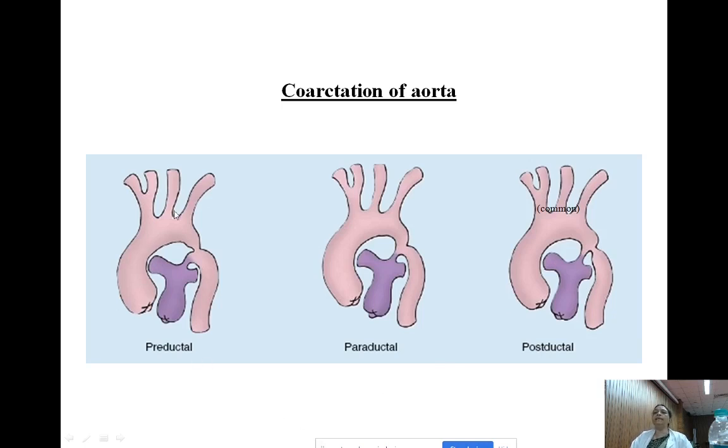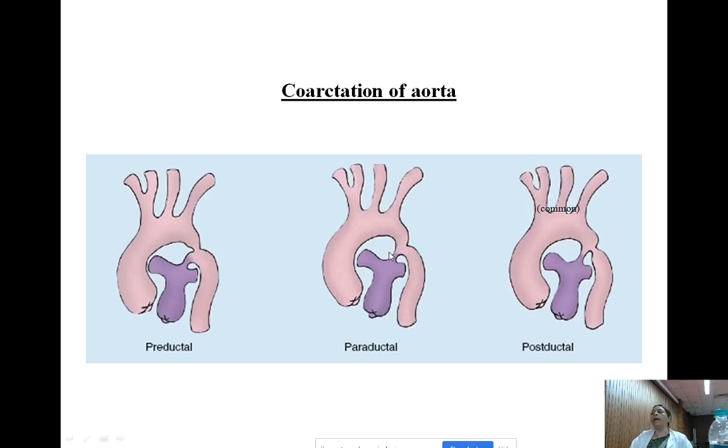Now in that case, the subclavian artery is not affected. So the subclavian arteries are supplying the right and the left upper limb. So if you take the pressure on the right and left upper limb, that pressure will be normal or maybe slightly high. But in the descending aorta, this blood cannot go. So in the left lower limb and in the right lower limb, there will be less amount of blood, that is, there will be less pressure in these arteries. So the blood pressure will be low in the lower limbs,